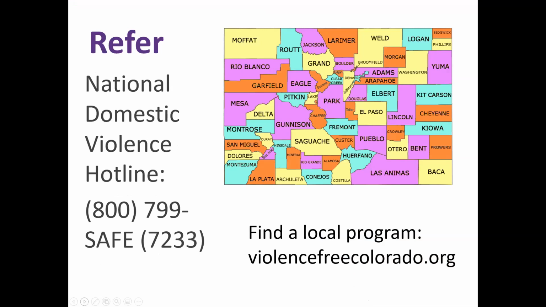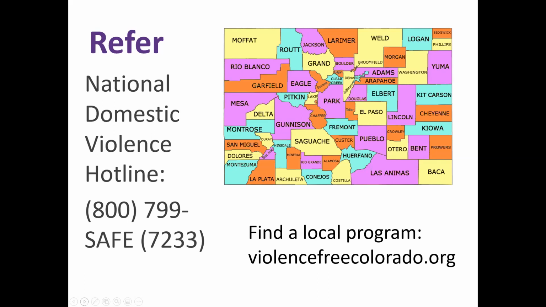They can connect them directly to a crisis line. This is a great option for folks where you're not exactly sure where they want to be. We use this hotline a lot, especially if somebody is in a rural community where their program doesn't have a 24-hour hotline.